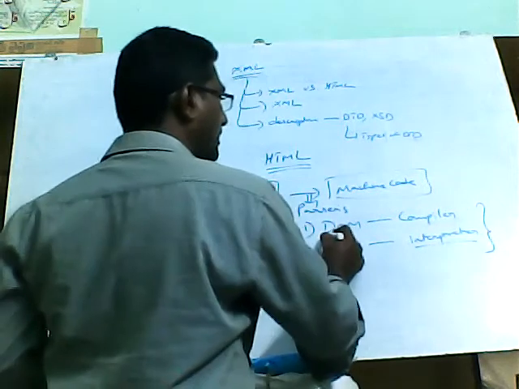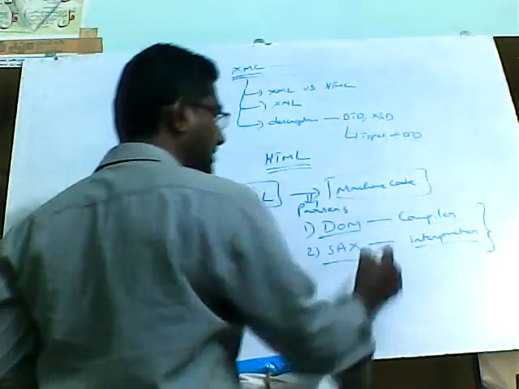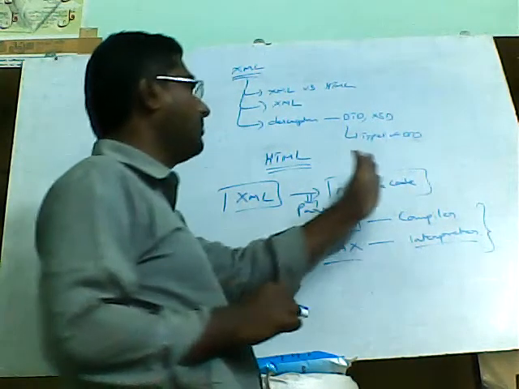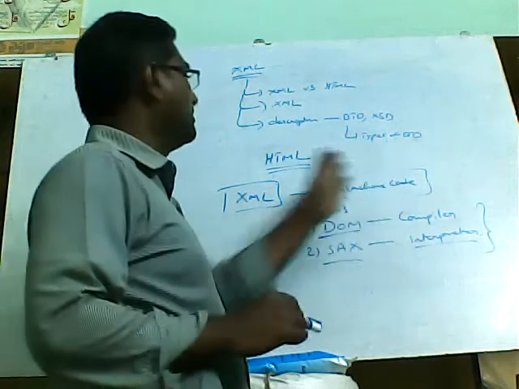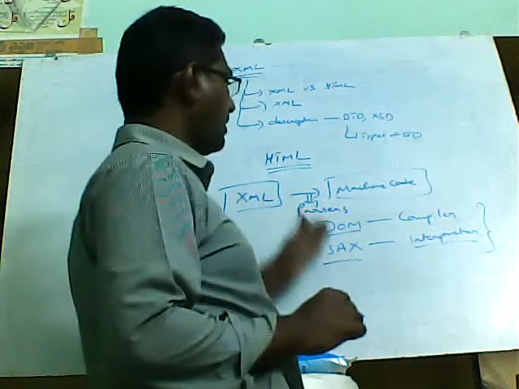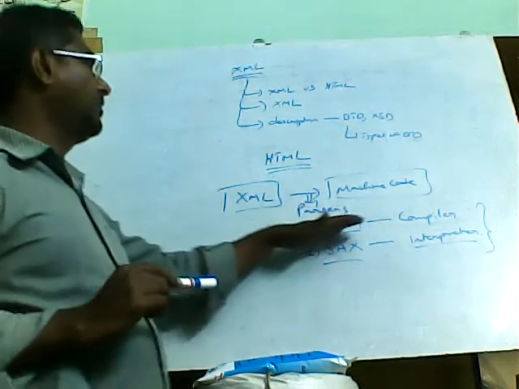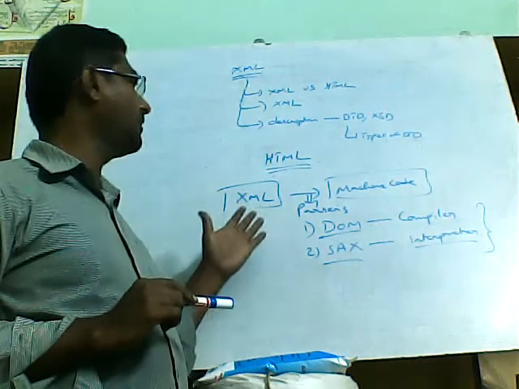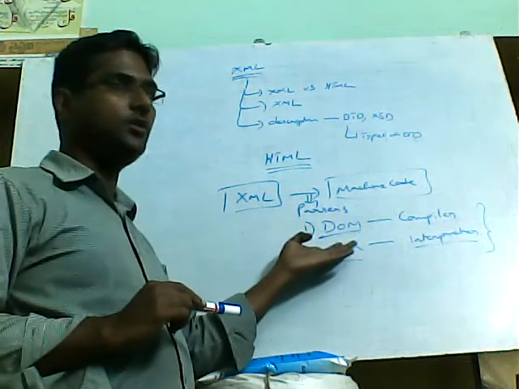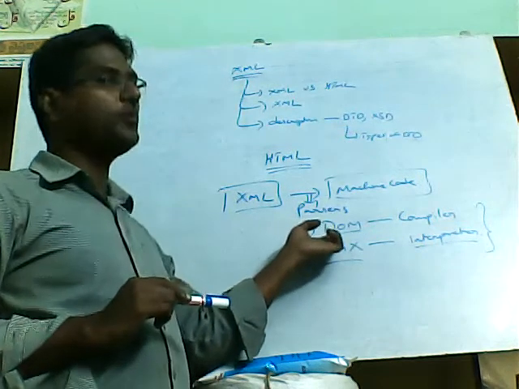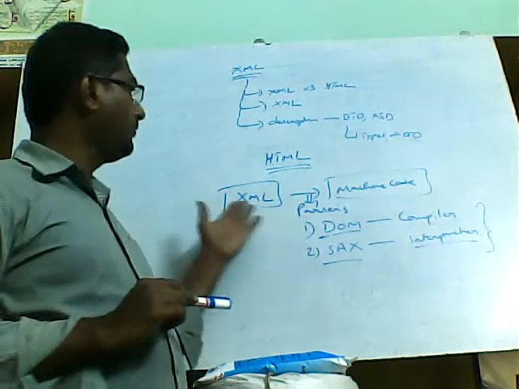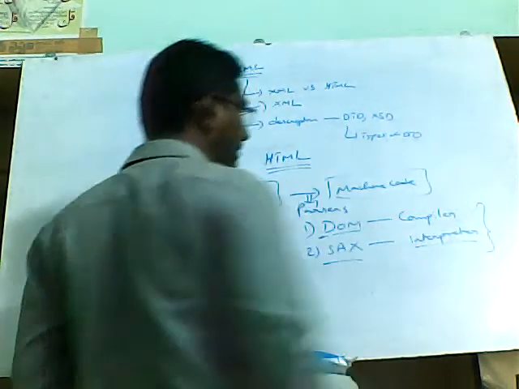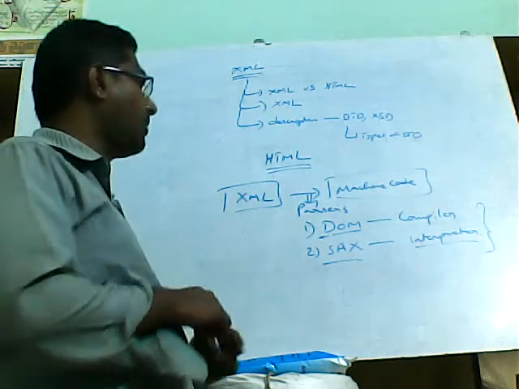Just like compiler and interpreter, the DOM parser and the SAX parser work. Both are used for converting the XML document to machine code. This is also one of the important concepts. The DOM parser and the SAX parser are the two important parsers that we will be using. We will see some examples and some programs on how to implement converting the XML document to machine code. We will take one line and try to convert it to machine code by using the DOM parser and the SAX parser.